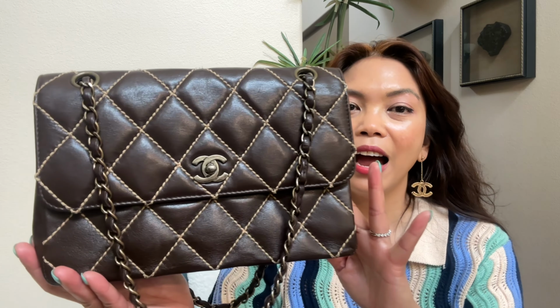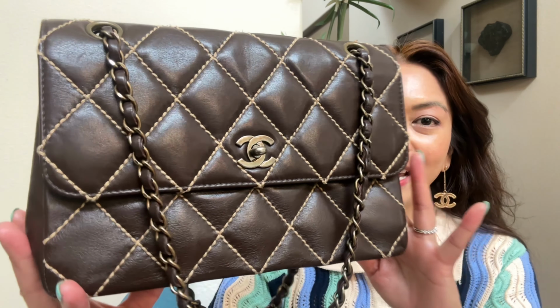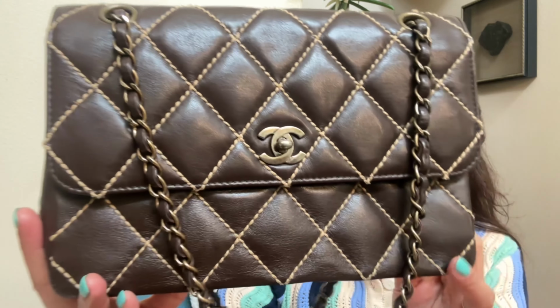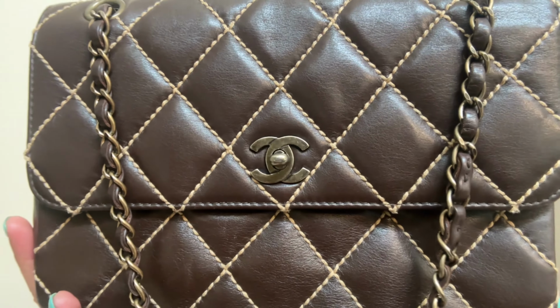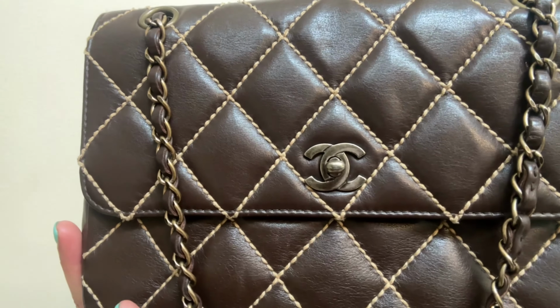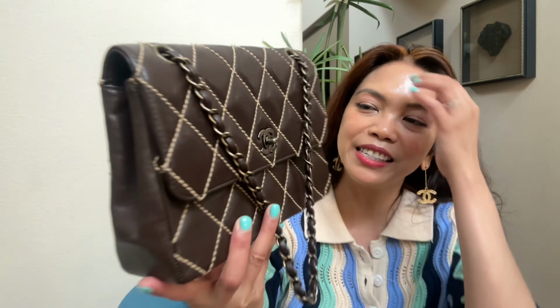This is the Chanel Wild Stitch flap bag, and it's called Wild Stitch because you can see the stitching around the quilted diamond. It's bigger and better. We all like bigger, and it's always better, right? So it definitely gives almost the illusion that the bag is a little bit 3D, and I like that about the bag. A little bit more interesting in my opinion,